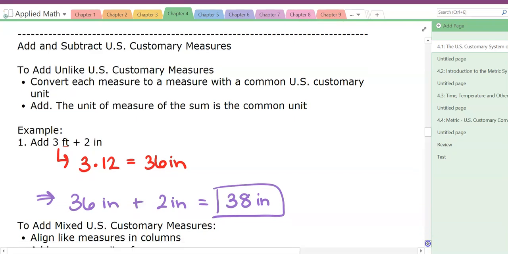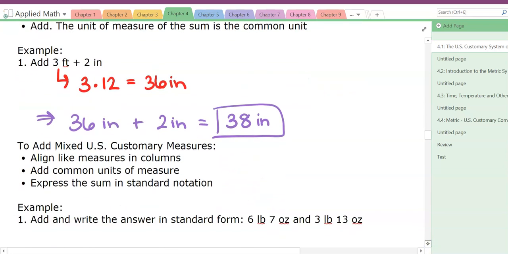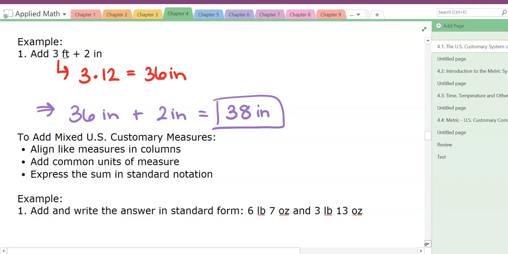Now if we have mixed measures, so this would be if each item has 2 different units involved. So if I had feet and inches and I was trying to add something else that was feet and inches, and like the one that we're going to do together is pounds and ounces, what you want to do is